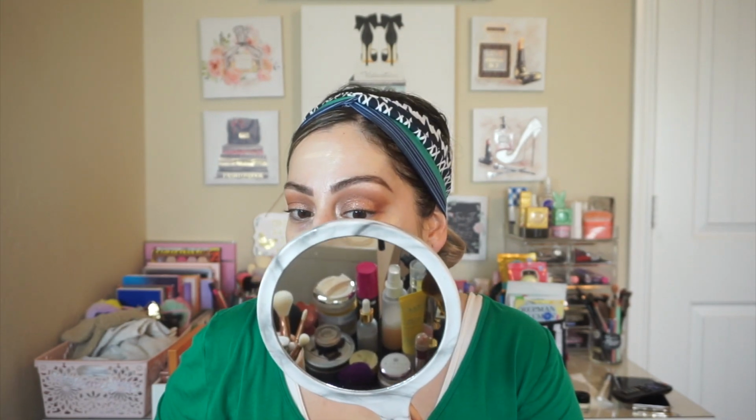And I'm really hoping I like this product. Not just because it was gifted to me, but I have heard a lot of nice things about it. And I personally am not a huge Urban Decay fan. I have Born to Run, the palette. That's pretty much the only thing I really like from them. There's not a whole lot that I do like,